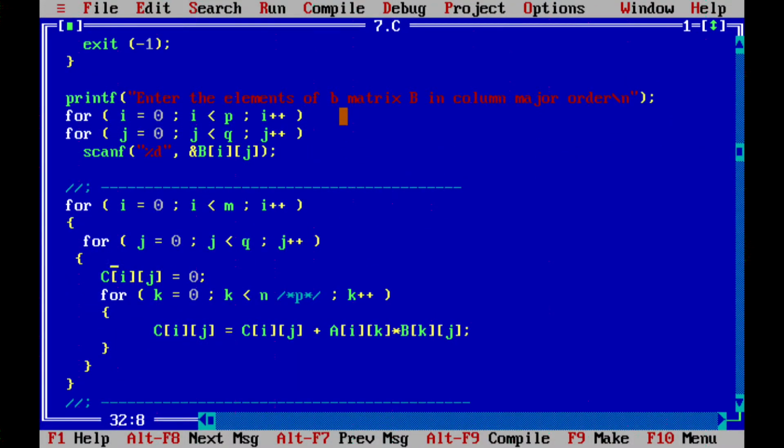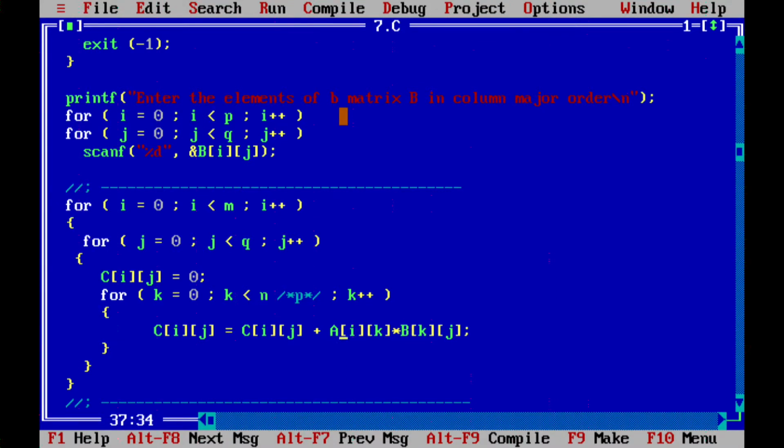All you have to remember is, for the first for loop, i is from 0 to m, and j is from 0 to q, and the inner k loop which is going to be used to multiply is going to go from 0 to n, or p, and the output is c of i of j plus a of i into k and b of k into j.